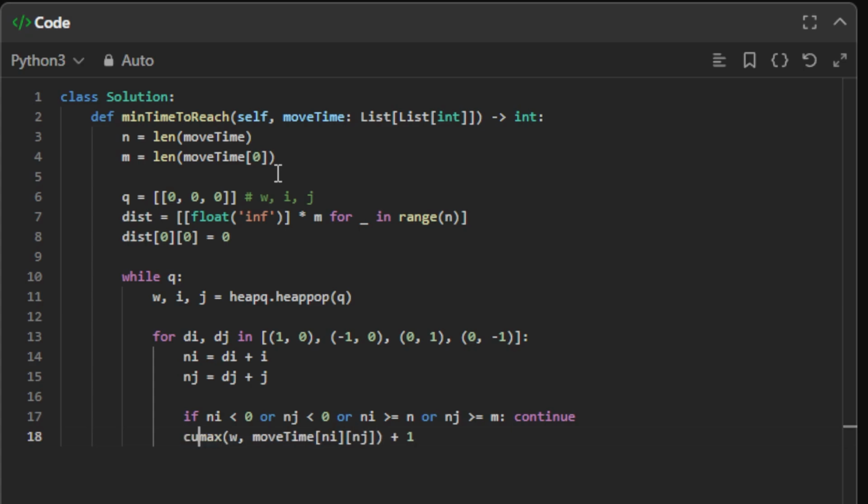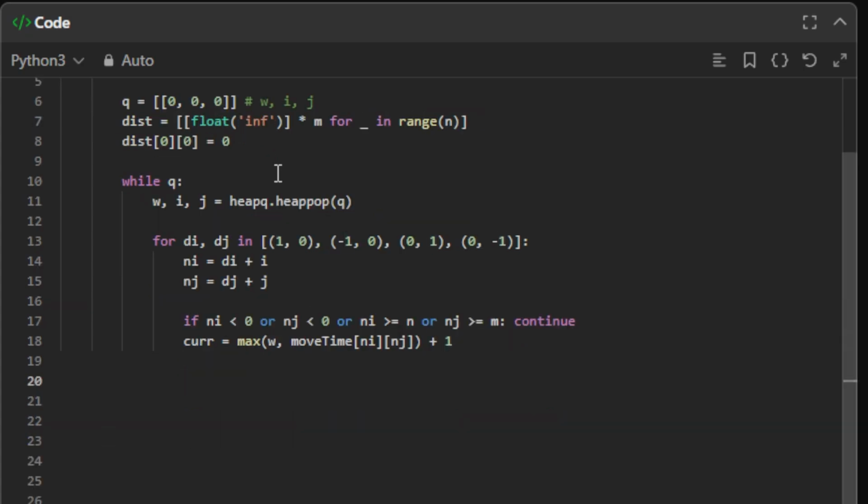So this will be our current value. And next we are checking if this value is smaller than the value at dist at i and j. Remember, this is initially infinity for all the rooms. So if the current value is smaller than that,